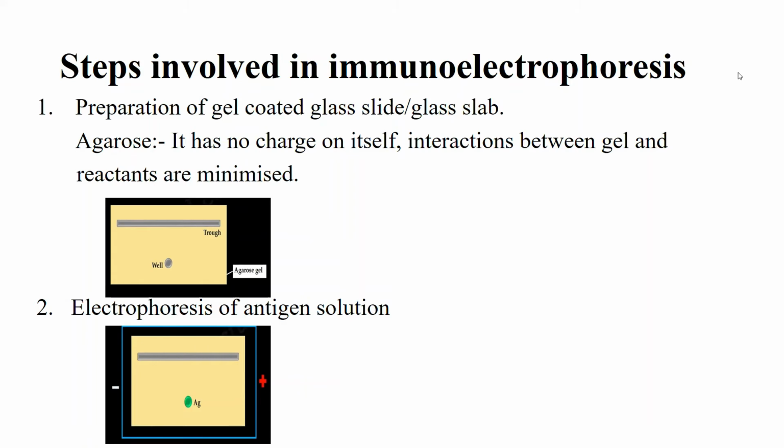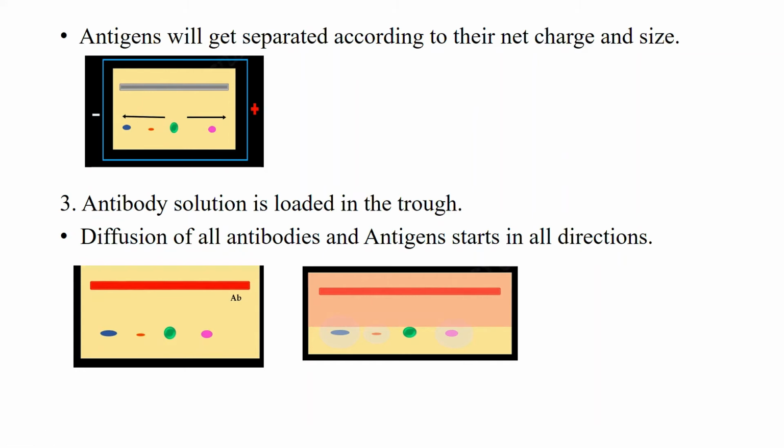Once it is done, next we are going to add a mixture of antigen solution to the well. Once it is added, the antigens will start migrating towards their respective electrodes. For example, the negatively charged antigens will start migrating towards the positive electrode, and the positively charged antigens will start migrating towards the negative electrode. Once it is done, the gel is removed from the electrophoresis, and then we are going to add an antibody solution to the trough,